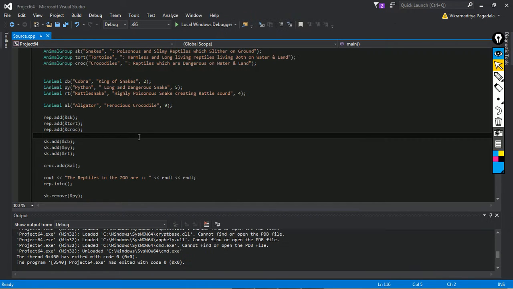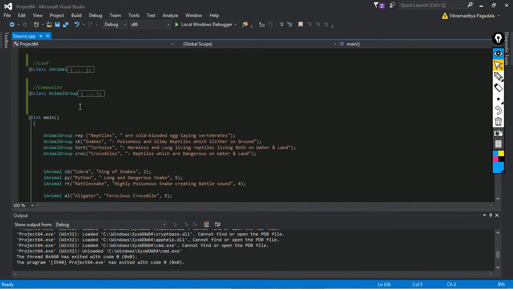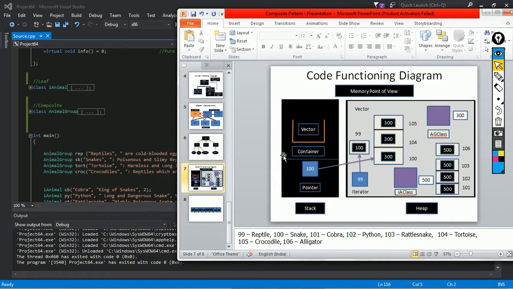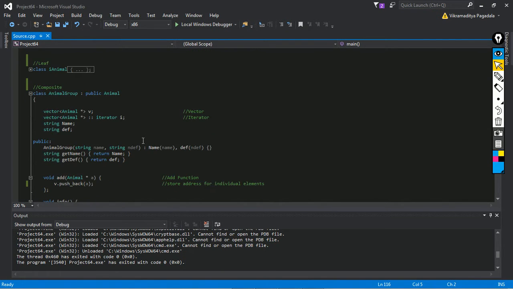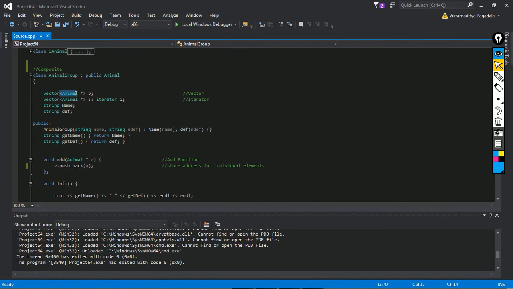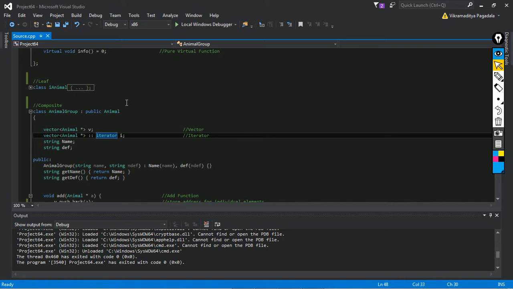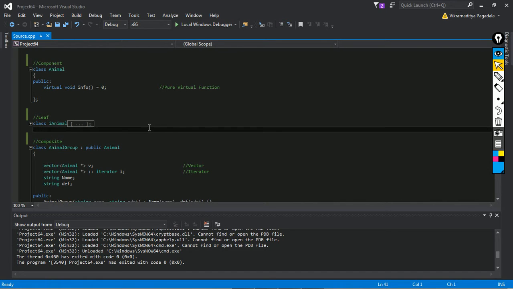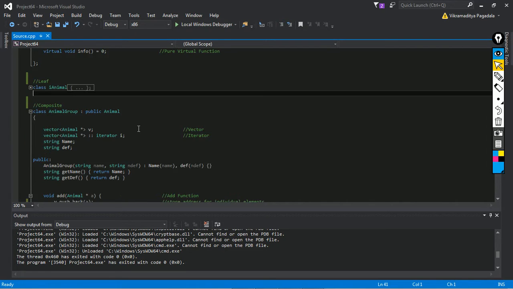Just a minute. Okay, so while I try to loop through all of these, you can see there's a pointer here in the vector, which is basically of the type animal. Now because the leaf and the composite part are inheriting from the component, every object of type composite and leaf is basically contained in the component.